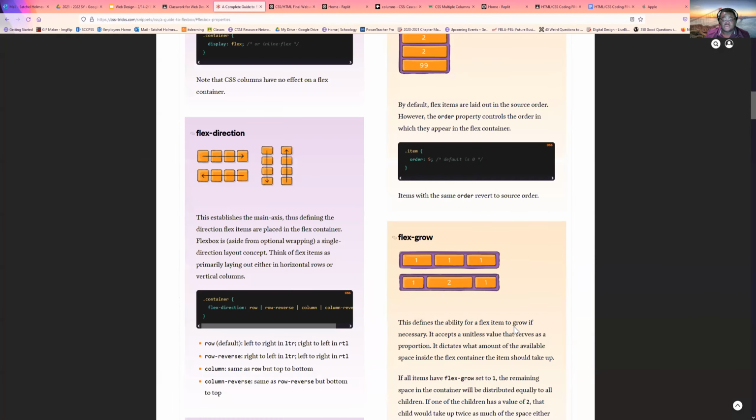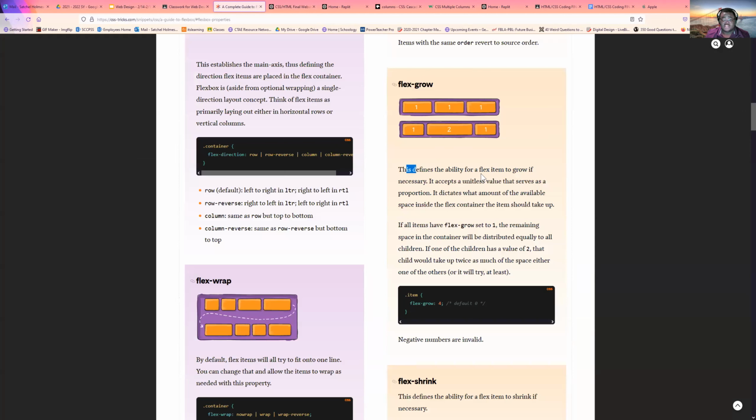I hope I'm doing this correctly. So if we look right here, this defines the ability for a flex item to grow if necessary. It accepts a unitless value that serves as a proportion. It dictates what the amount. If all items have flex grow set to 1, then the remaining space in the container will be distributed equally to all children. If one of the children has a flex value of 2, then that child will take up